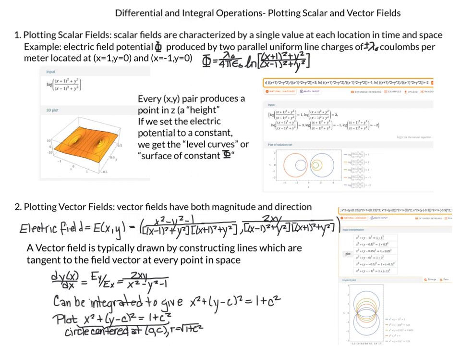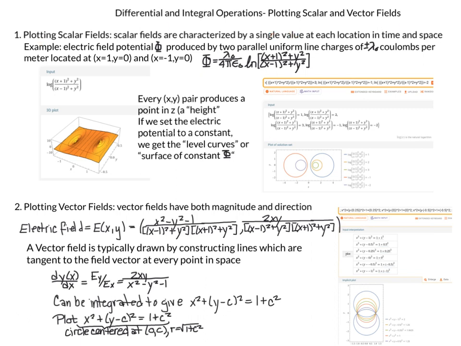In this video, we will talk about plotting scalar and vector fields. This is our overview slide, which I'll spend 3 or 4 minutes going over before I go through each topic in more detail and with more examples. First, we will talk about plotting scalar fields, and scalar fields are characterized by a single value at each location